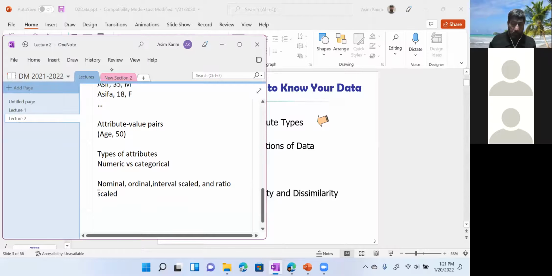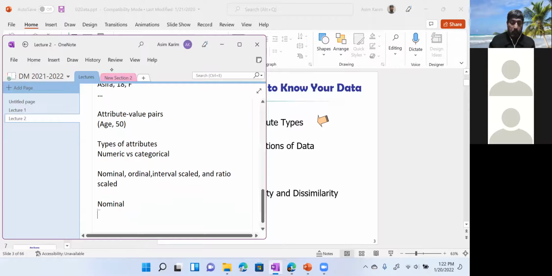So first of all, nominal. Nominal values or attributes have labels that can only be matched with each other. So no other operators can work on them. The typical example here is gender. Gender may have values, let's say M and F. So M is a value which is a label, which is a symbol. F is a value which is a label or a symbol. And